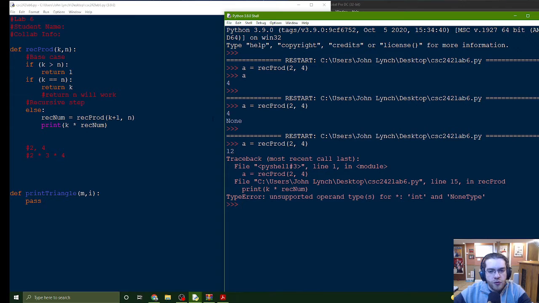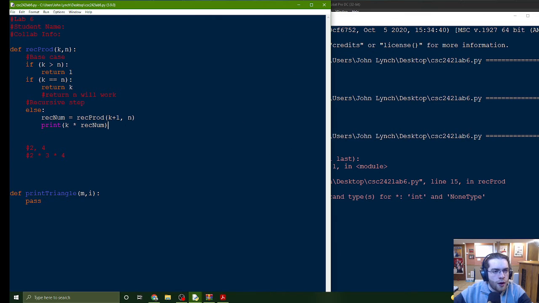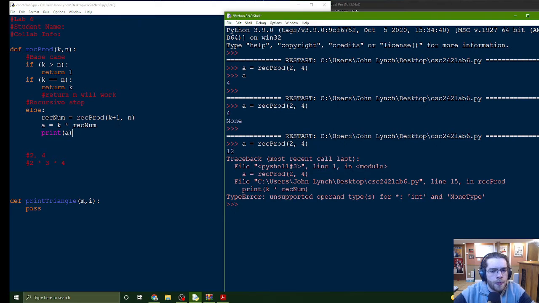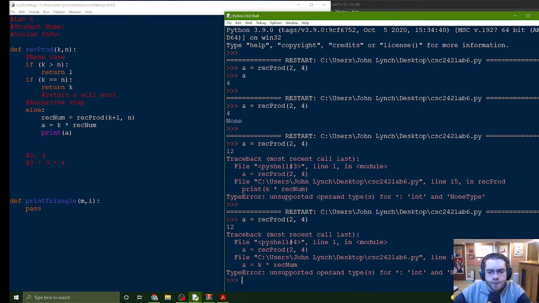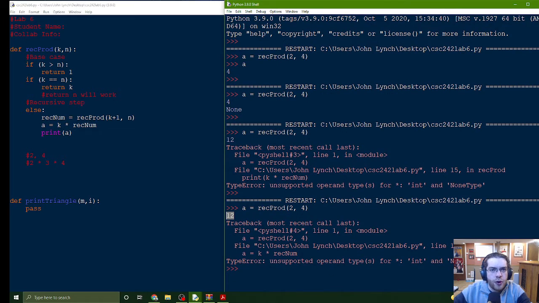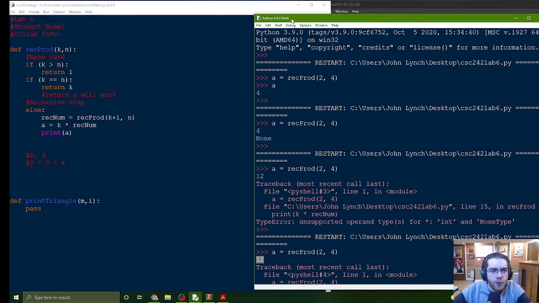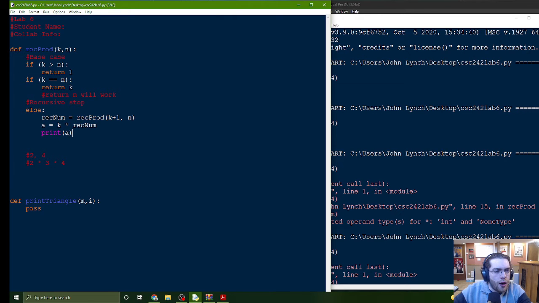And it looks like I'm eventually getting this return type that's not working for me because I have a none type that's occurring. Let me go ahead and just set this to a variable instead of printing it out right away. Try to print out A. And it looks like at the very end here, I'm getting 12. Still giving me a similar error because I'm getting a none type return, because I'm never actually returning a value after A. So instead of after my print A, I'm going to try to return